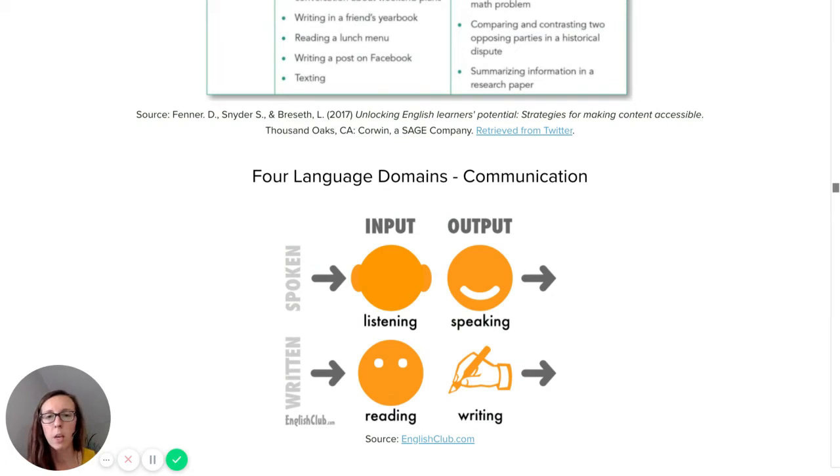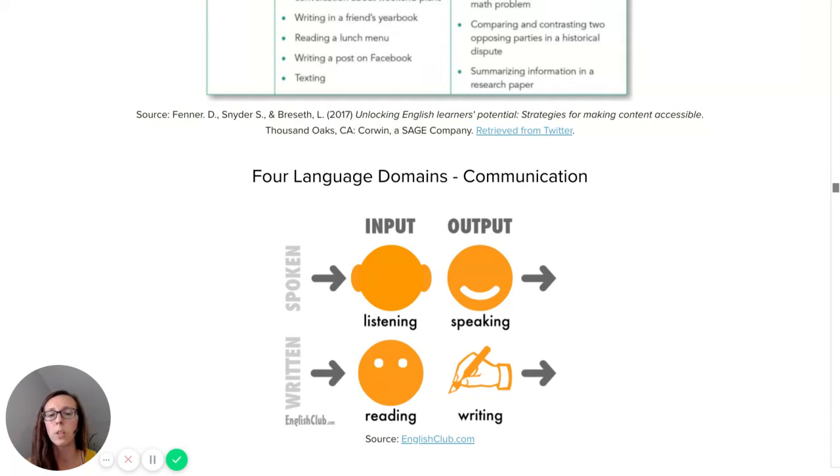So again, as we're thinking about the ways that language shows up in our computer science classes, I want to encourage you to think about 4 different language domains as really crucial for all kinds of communication. So we have inputs and we have outputs, which of course are things that we're really familiar with in computer science. In terms of our inputs, we're thinking about the ways that students are taking in information through listening and through reading. If those inputs are not easily understandable by our students, then they're missing out on a really important piece of the communication.